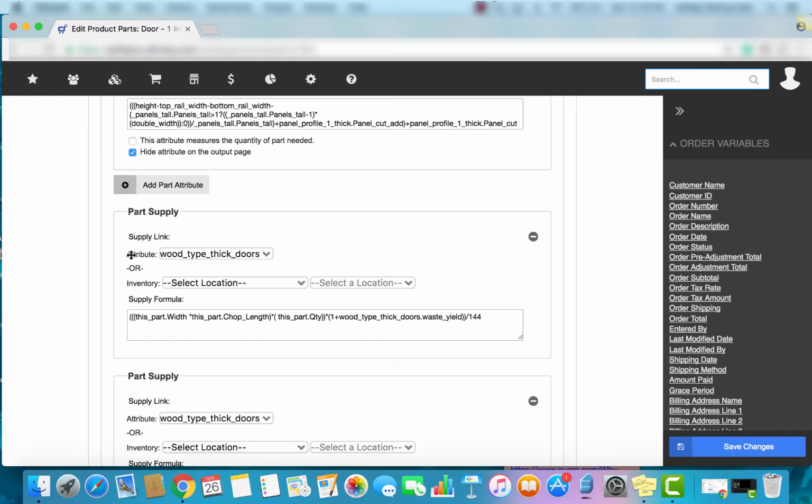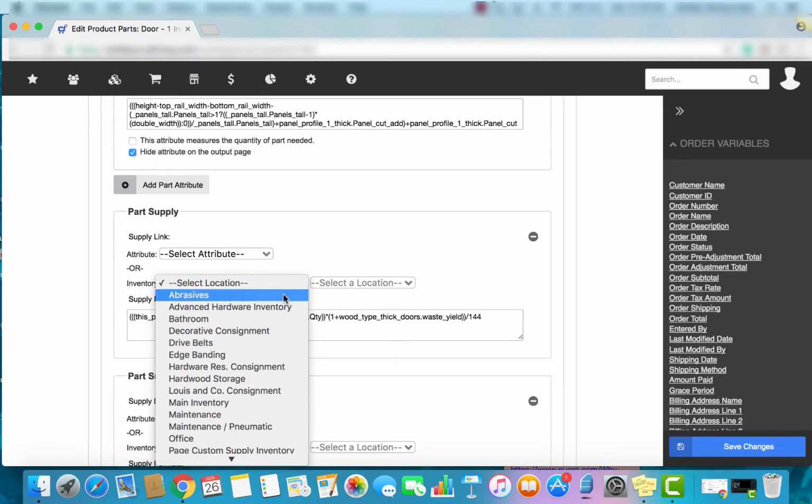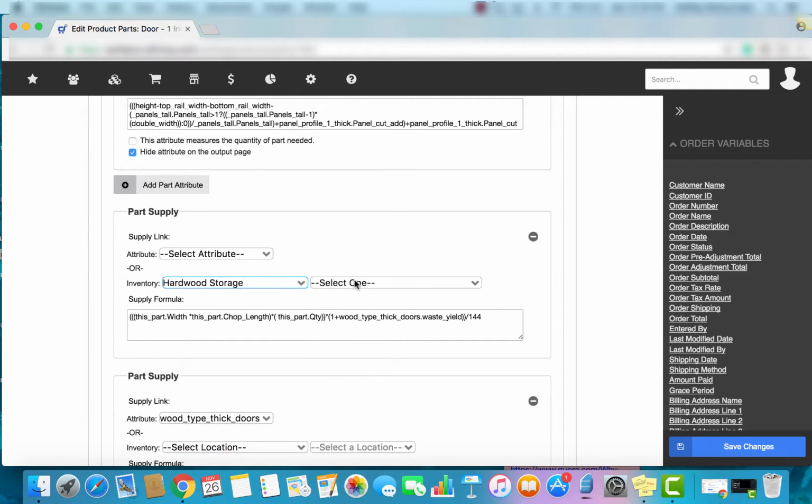We've chosen to link the supply through the attribute, wood type thick doors, which is the one you just saw me connect. Now if we hadn't checked that box back on the attribute that said directly associate with supplies and connected each of those items, we wouldn't have this option. This wouldn't be available, and we'd have to connect directly through the inventory. Now the problem with that, with something like wood type, something that has multiple drop-down options, is sure I can go to my hardwood storage and then choose a wood type, but now that's just one wood type, and no matter what your customer picks,